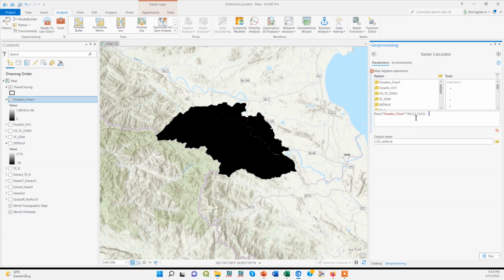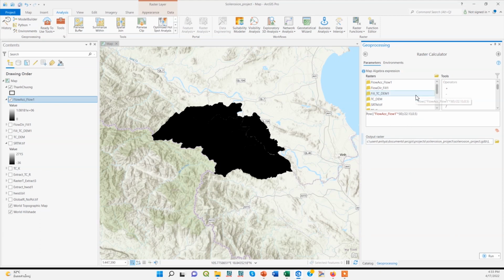We are using 30 because it's the cell size of the DEM, and this is the L part, which is the slope length. For the M we are using 0.5, which can be obtained through the literature. So when we run it,